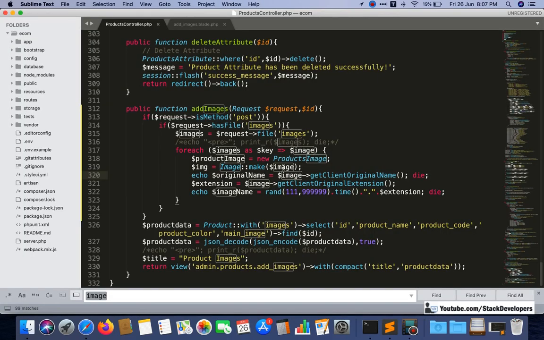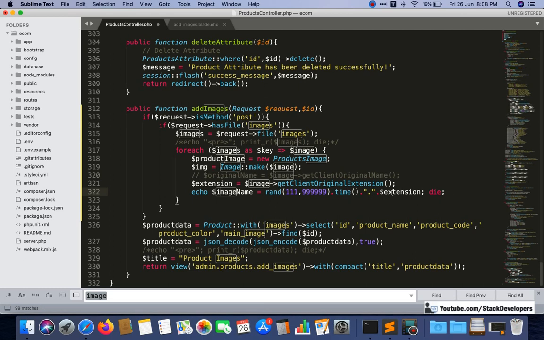See here, this is the original name, t-shirt-back.jpg. This is the original name. But the problem will come if the client again uploads an image with the same name, but the image itself is different. So the problem will come, so we are not using this. For your reference I just did it, because I wanted to show how it will look, but we are not going to do this one.